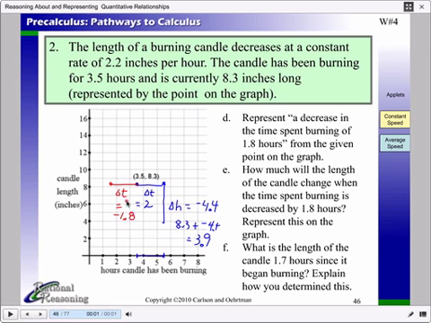Okay? In that negative 1.8 hours, how are we going to find what the change in candle height was over those 1.8 hours? You need to find what the rate of change was from delta t to delta h. In the first section, which would be a negative 2.2. And that's actually the given, right? This right here is